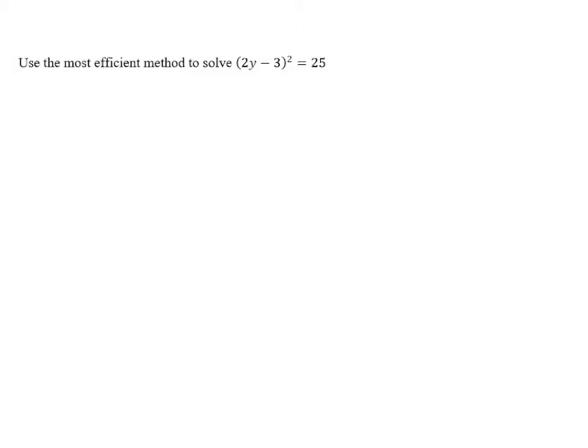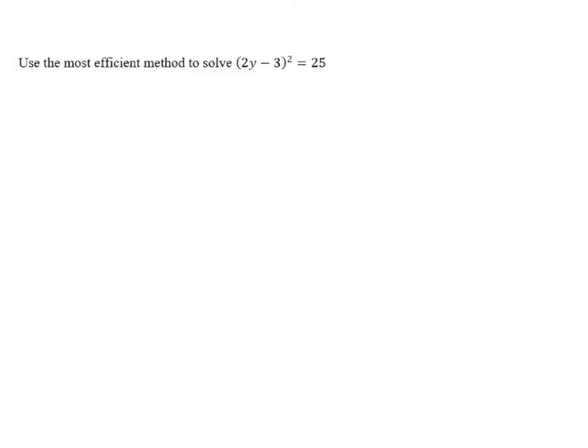Use the most efficient method to solve (2y - 3)² = 25. Notice here that the equation is in the form something squared equals a number. We know that when we have something in that form, we're set up very nicely to use the square root